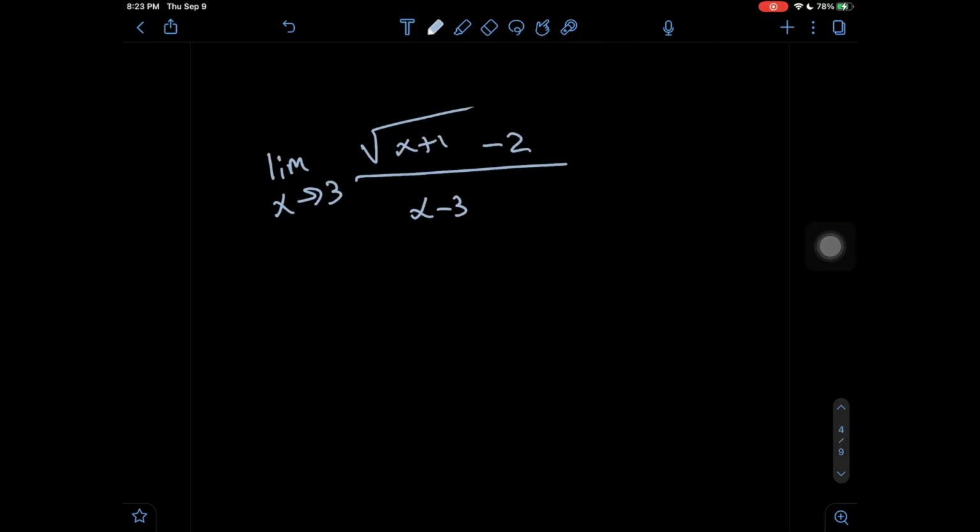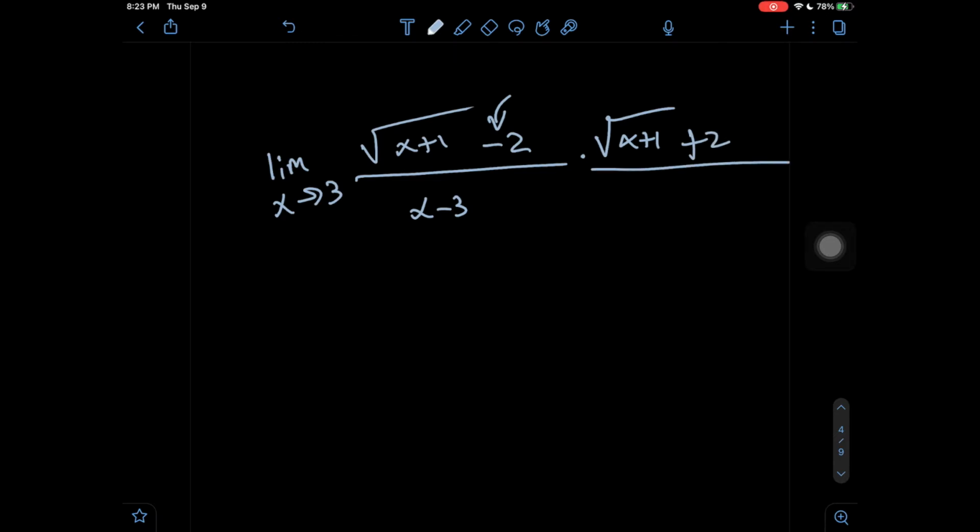Now we have these two remaining problems. This one is a bit different because we can see that we have a radical present in our numerator. Now here we have the problem, the limit as x approaches 3 of the square root of x plus 1 minus 2 over x minus 3. The first thing we want to do is multiply by our conjugate. The conjugate is just negating this value right here. So we're going to be multiplying by the square root of x plus 1